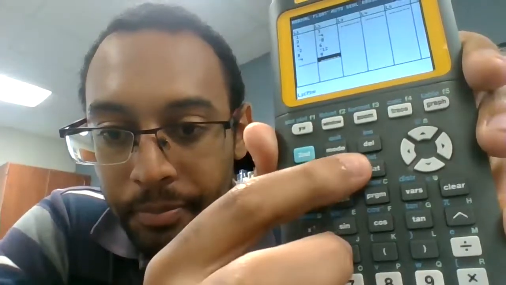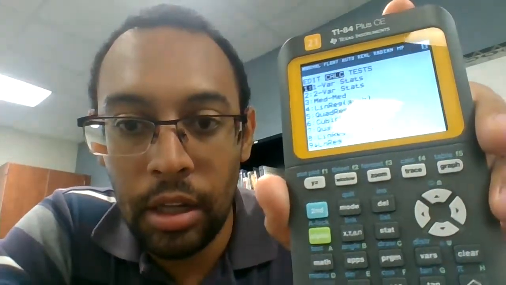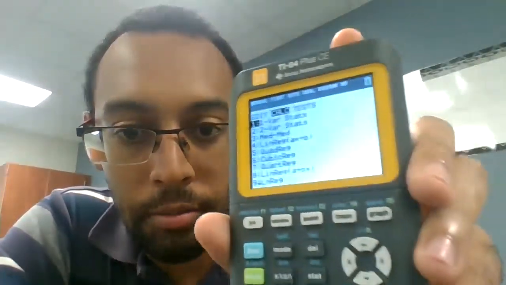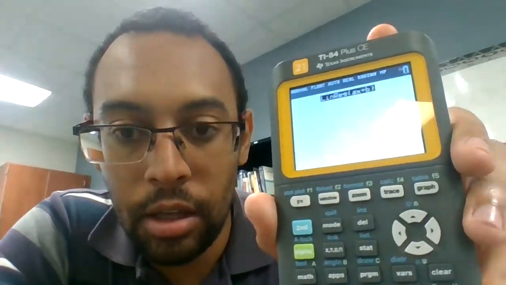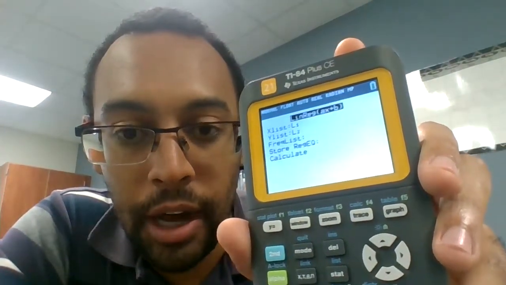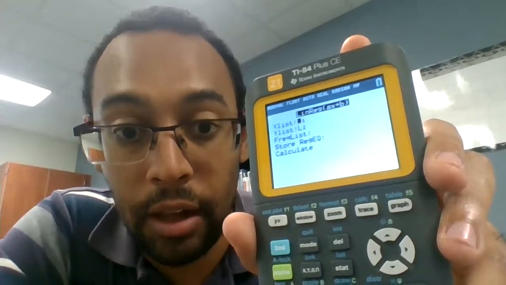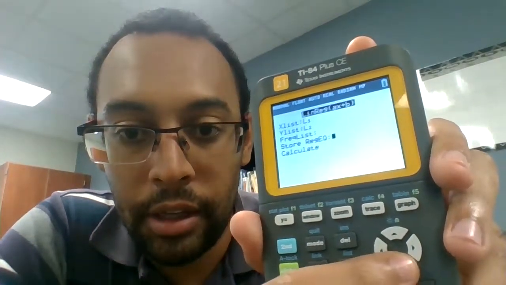All right, now we want to calculate linear regression. So you go to stat, and this time you'll move over to calculate. Okay, there are multiple options. You want option 4, which is linreg. You press enter. Now it's going to ask you which is your x's, which are your y's. In this case, L1 is your x, L2 is your y. You click calculate,